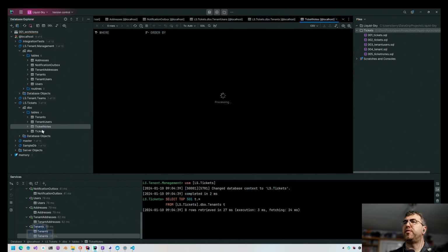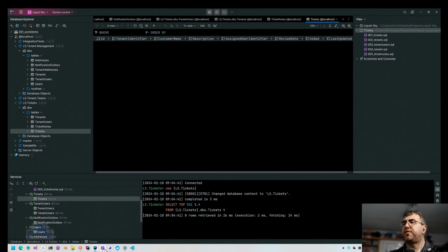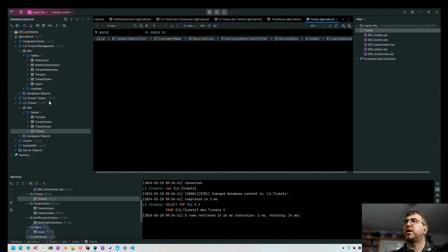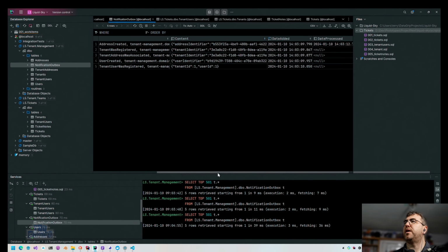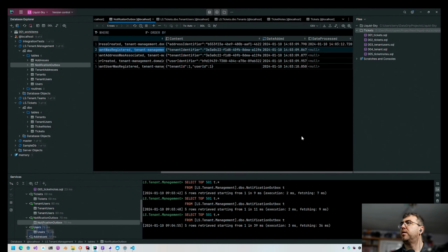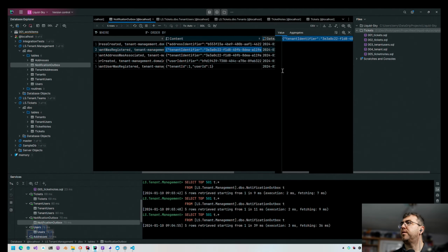I don't believe anything published over to here, no, right? So Kafka, tenant user, none of this worked. So the only event that got processed was one that didn't actually need to go anywhere, I think. Notification outbox was address, yeah, address created, right? So this tenant was registered event was trying to do something. Tenant was registered came in with this message, right? So we can do open in value editor,